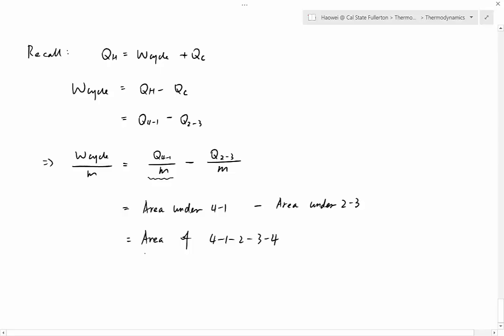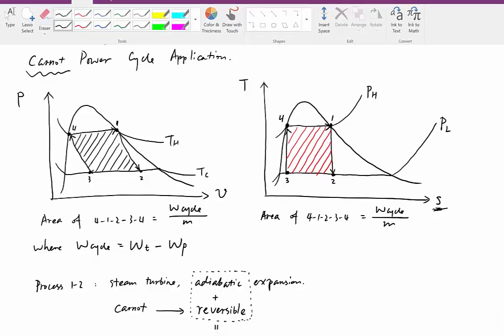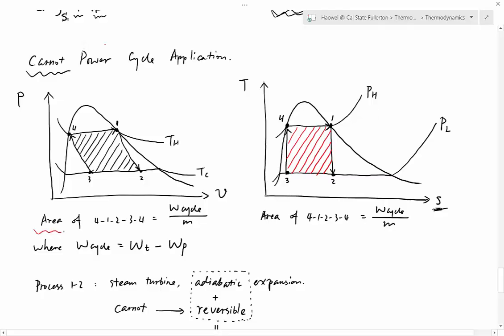So now what's our conclusion? The area of the enclosure on a T versus S diagram is again equal to W cycle per unit mass. So we can write down our conclusion here: area of the enclosure is equal to W cycle per unit mass again. So now let's take a look. If you have a P versus nu diagram or a T versus S diagram, the area of the enclosure tells you exactly the same thing, which means W